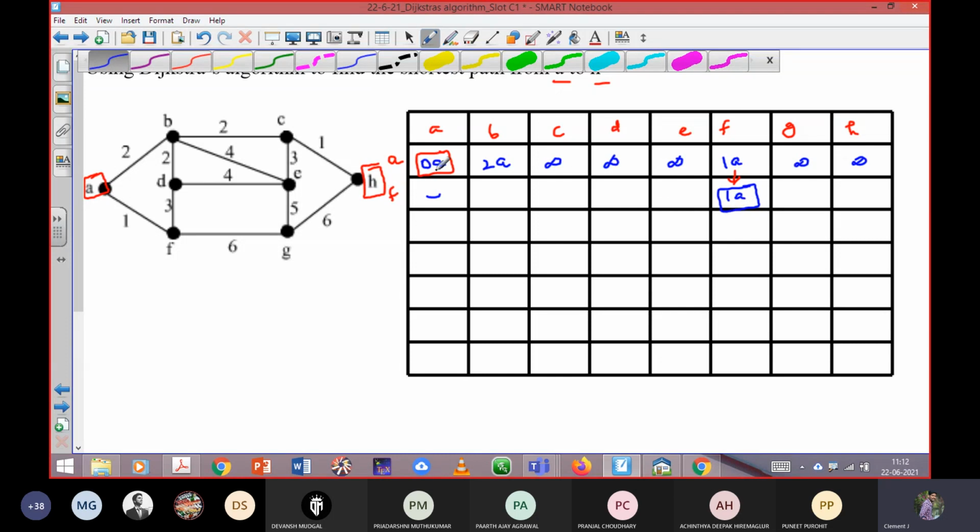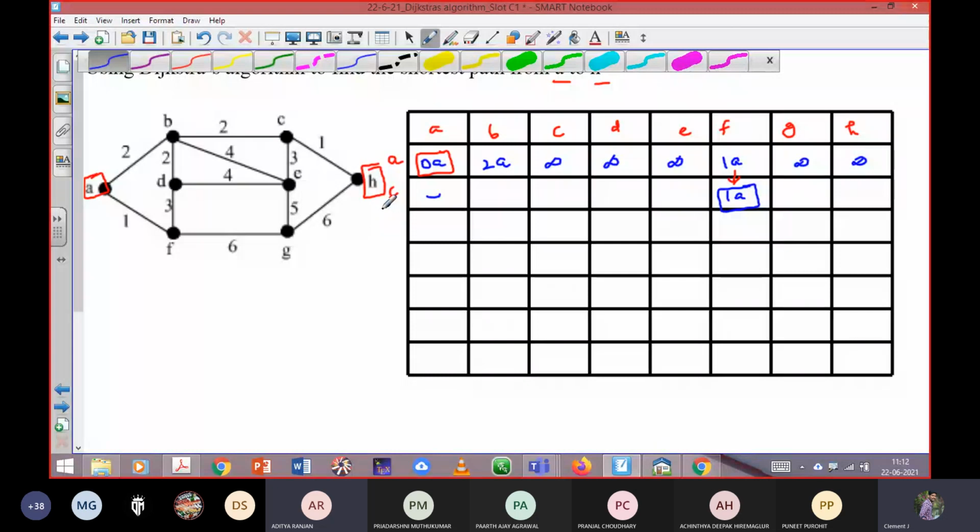Next. So next, F to B. F to B, is there any infinity? So listen. Yes, sir, please. Sir, basically we have traced all the paths from A first and then boxed the smallest path and included it in our final answer, right? Very good. We have reached F. Basically, you are comparing in which path it is having less value. So here you are considering A to B path is having 2 distance. A to F path distance is 1. So I am considering here AF path only.